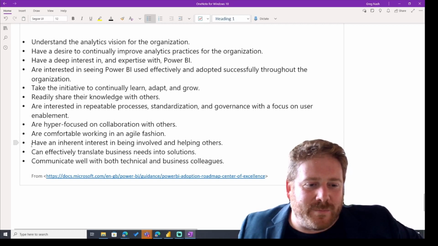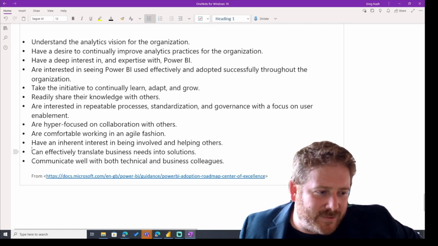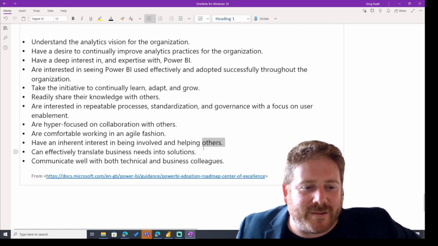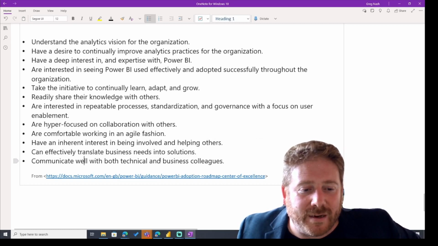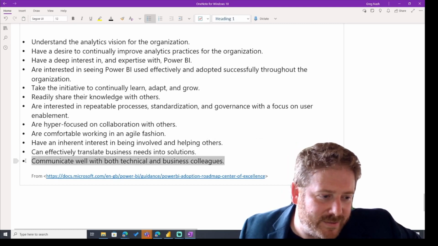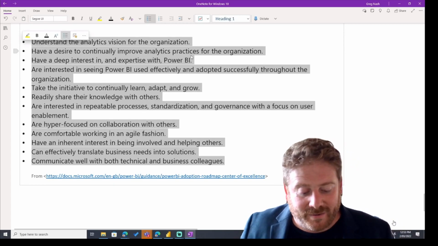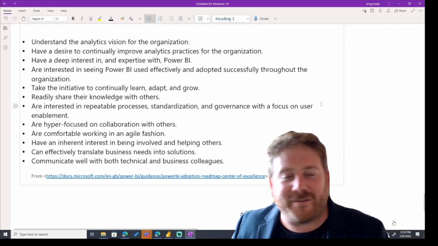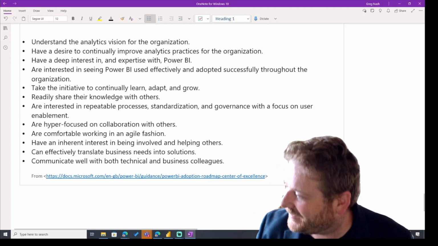Have an inherent interest in being involved and helping others. Of course, can effectively translate business needs into solutions. Communicate well with both technical and business colleagues. So everyone in this little community here are a good example for people in the